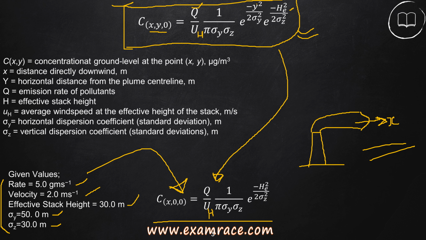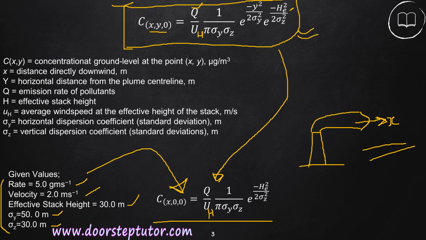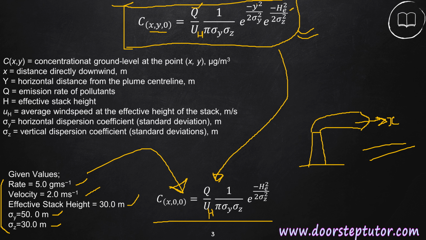There has been only one question that has been asked in UGC NET till date related to the Gaussian plume model, and that is a numerical question. Besides a numerical question, there are several theoretical questions based on the basic assumptions that were taken and the relation between stack height and buoyancy. So this is the first numerical question that has been asked in UGC NET. There might be other numerical questions asked in near future from this part. So let's see how we'll solve this question.